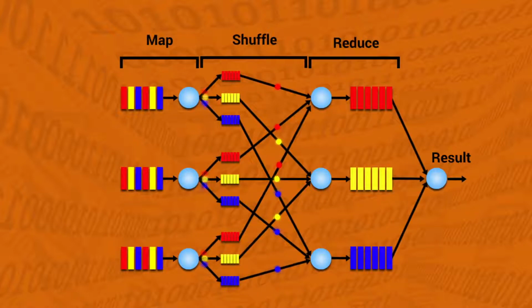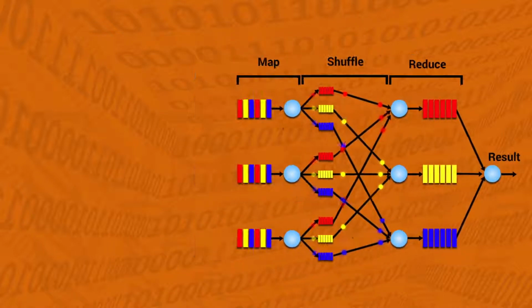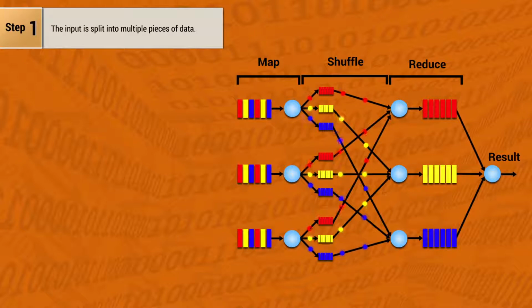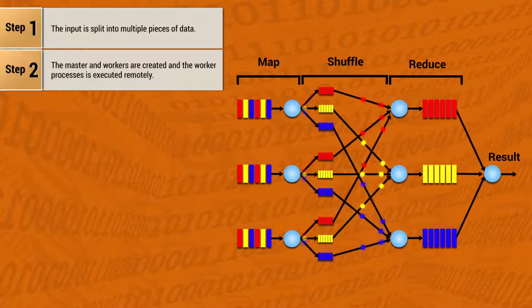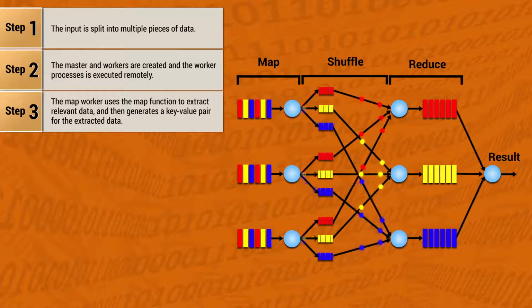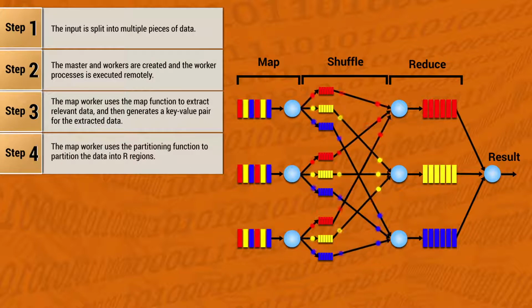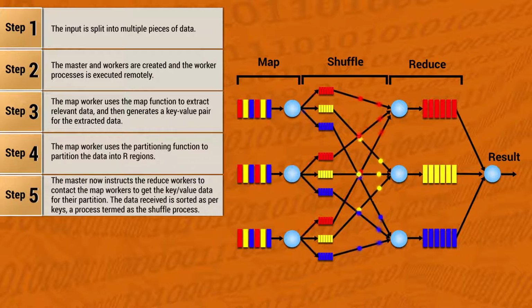MapReduce performs its tasks in a series of steps. First, the input is split into multiple pieces of data. Then the master and workers are created and the worker processes are executed remotely. Next, the map worker uses the map function to extract relevant data and then generates a key value pair for the extracted data. When that is done, the map worker uses the partitioning function to partition the data into R regions. The master now instructs the reduce workers to contact the map workers to get the key value data for